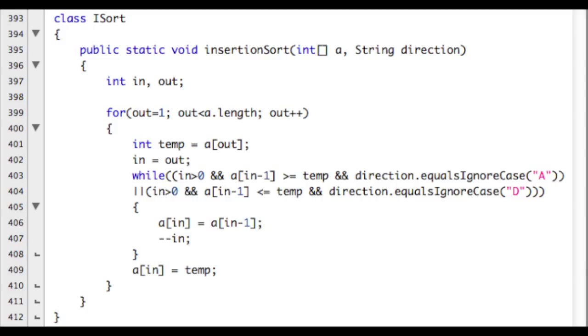If that is greater than what the temp value is, and in this case the temp value is where A of 1 is, then